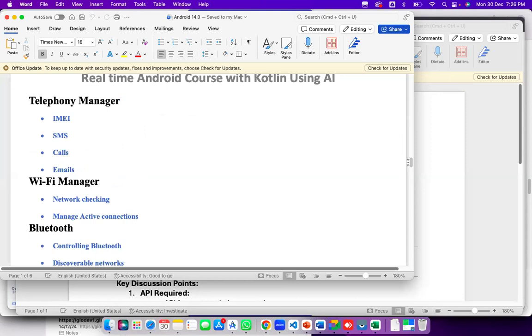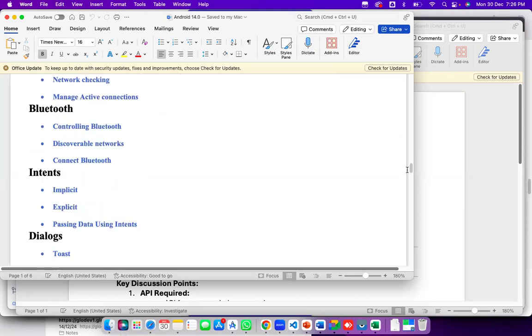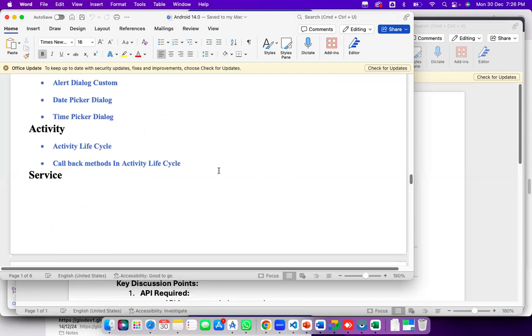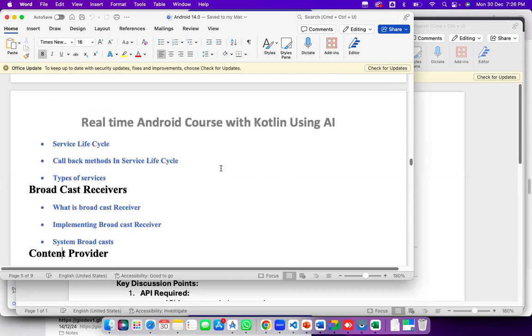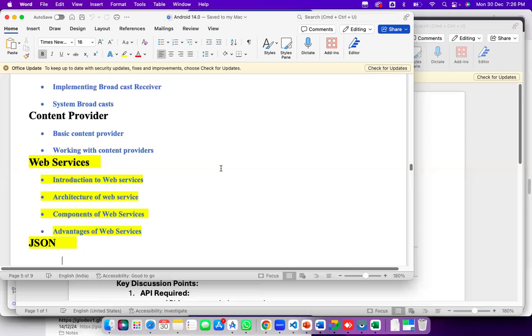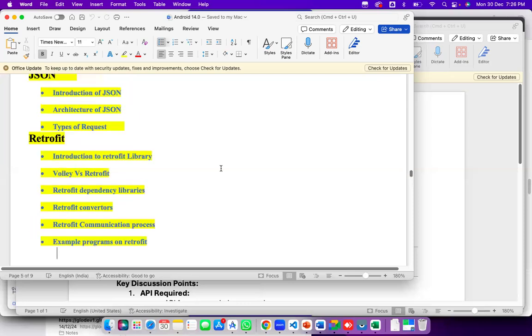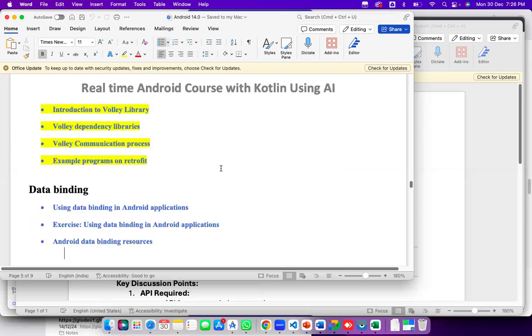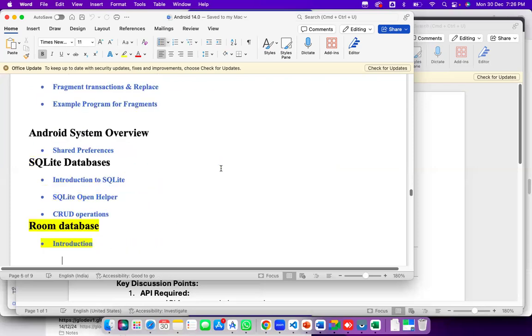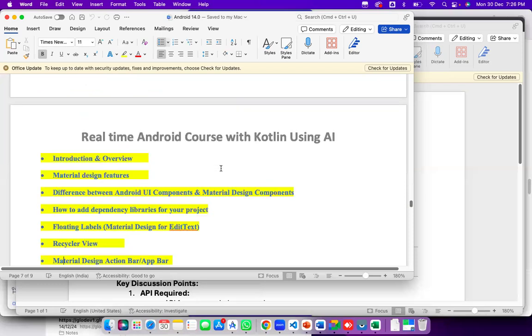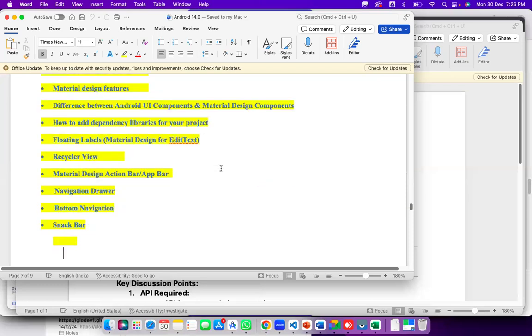So IMEI is pending. I think we need to check IMEI. IMEI pending, 3 topics. Then next, broadcast receiver, we just finished. So web services completed, Volley completed, Retrofit completed, data binding completed, fragments completed, references, Room database completed, material design completed,